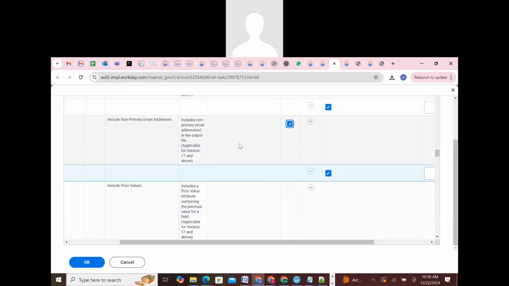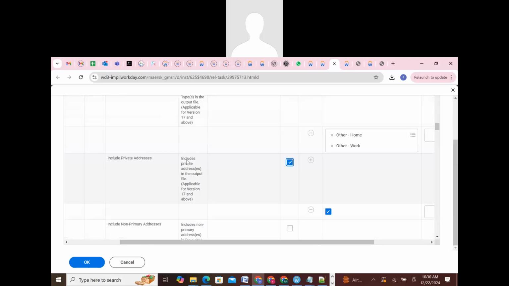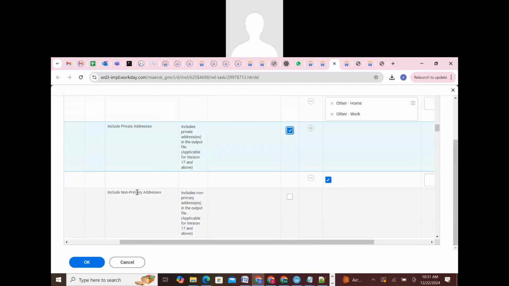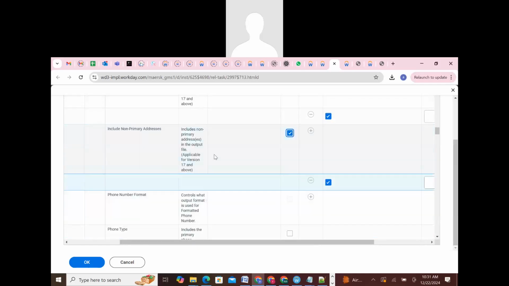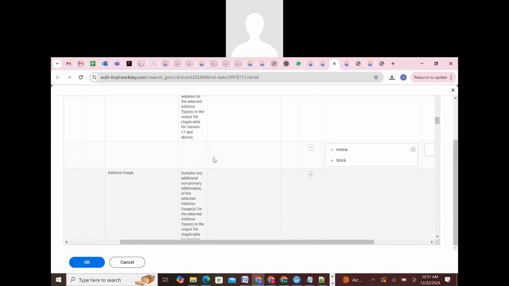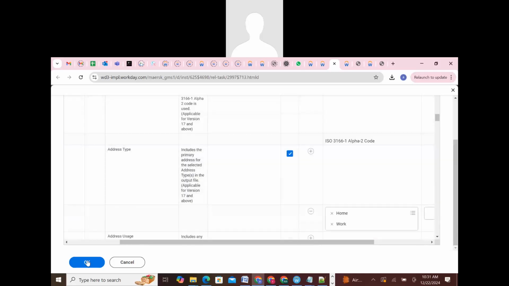Include non-primary email addresses. So I have included them. Maybe due to these options, that data was not extracted. That is the reason I have selected include private addresses and include non-primary addresses as well. Okay, I'm just enabling these options. Let's see. Click OK